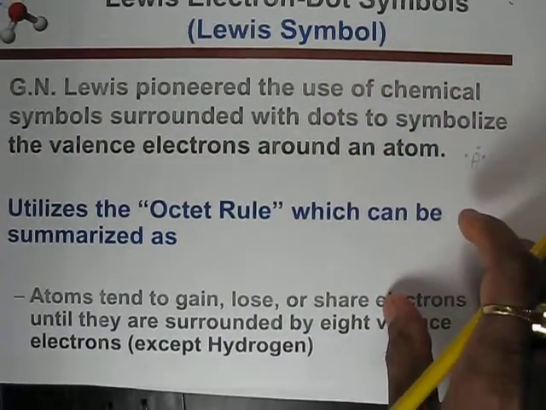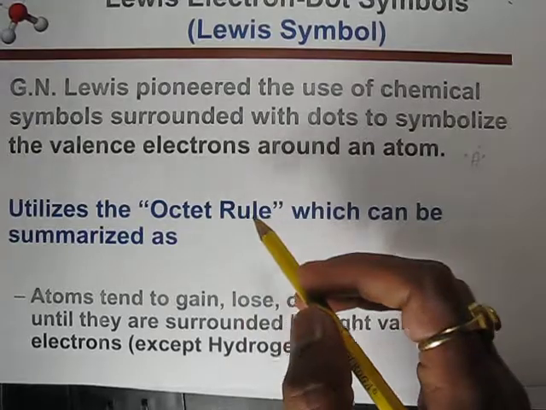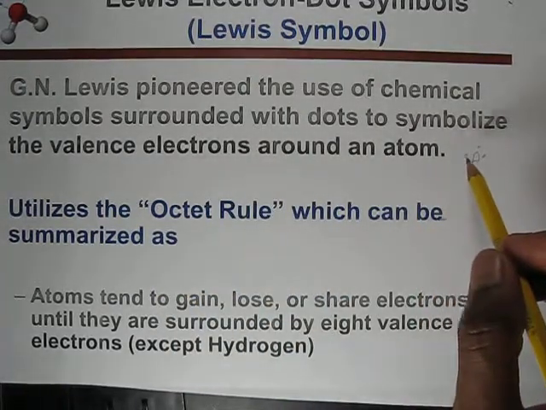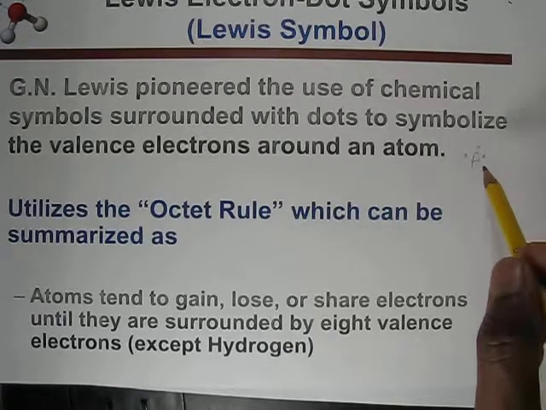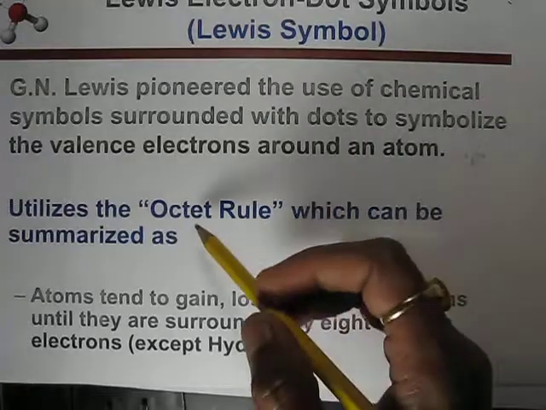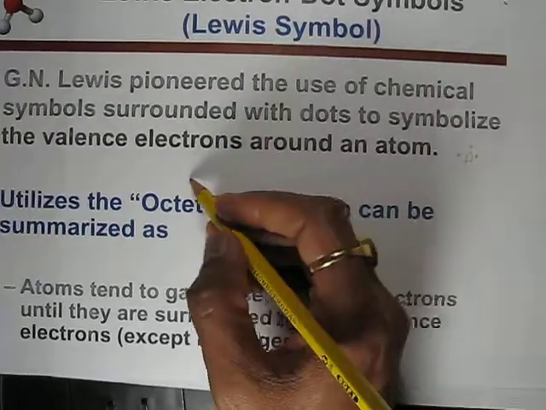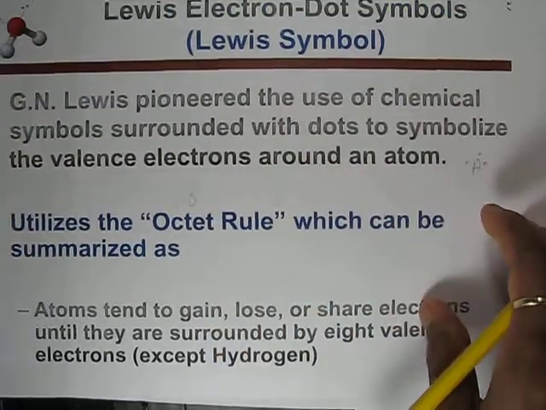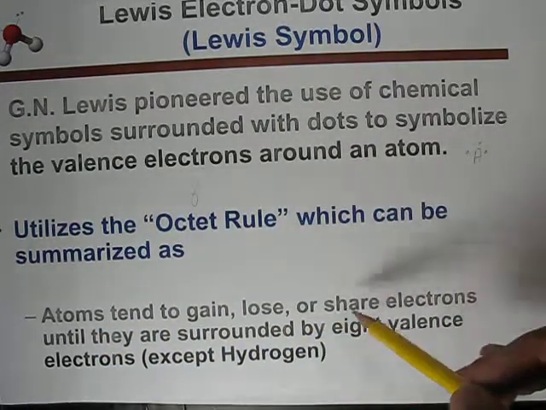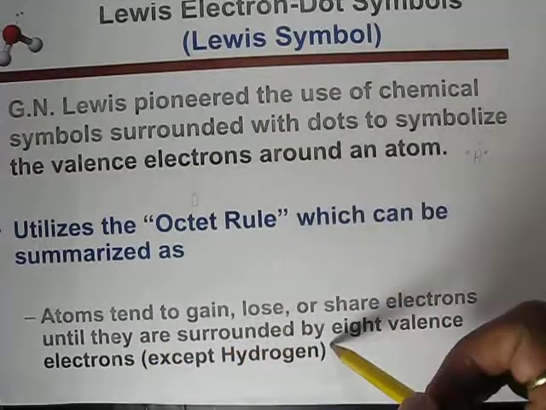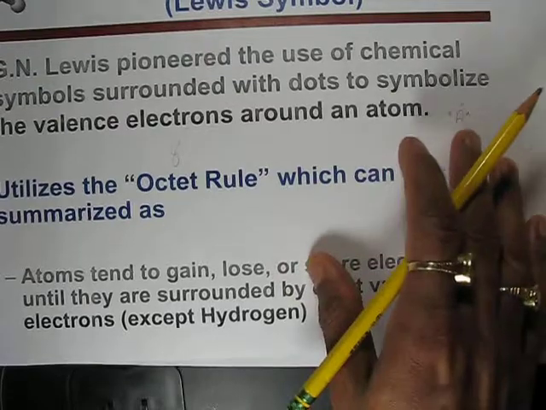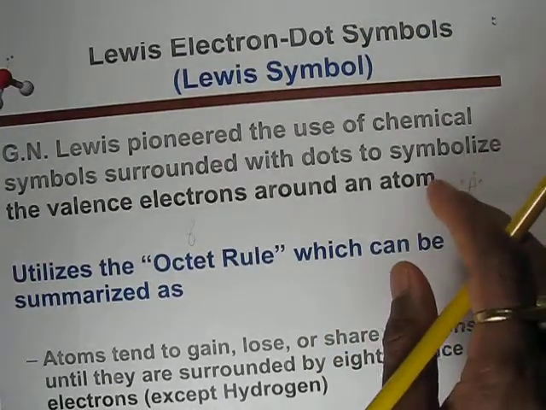So Lewis structure utilizes the octet rule to form the octet, means like oct means 8. So 8 rule. What is the meaning of 8 rule? Atoms tend to gain or lose or share the electron until they are surrounded by 8 electrons, 8 valence electron, except hydrogen. So any atom, when it